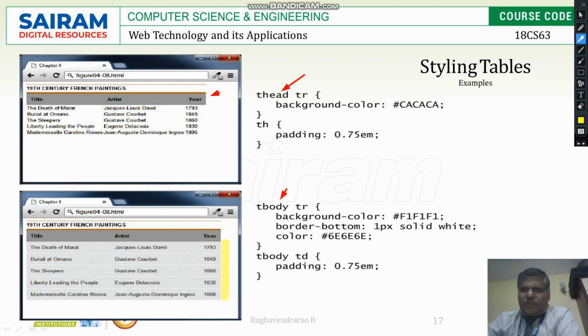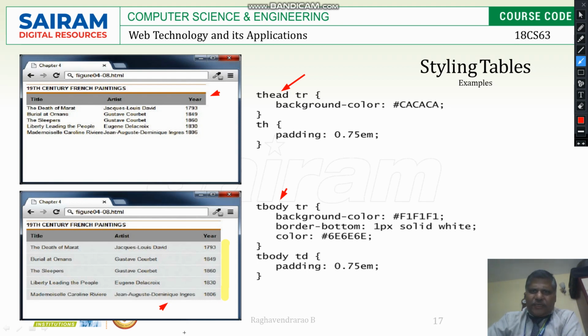In tbody, the background color is another color, lightly green. Then border bottom is here again. The problem is the height given here, because of which you cannot see the border. That 1 pixel is there but you cannot see it properly.